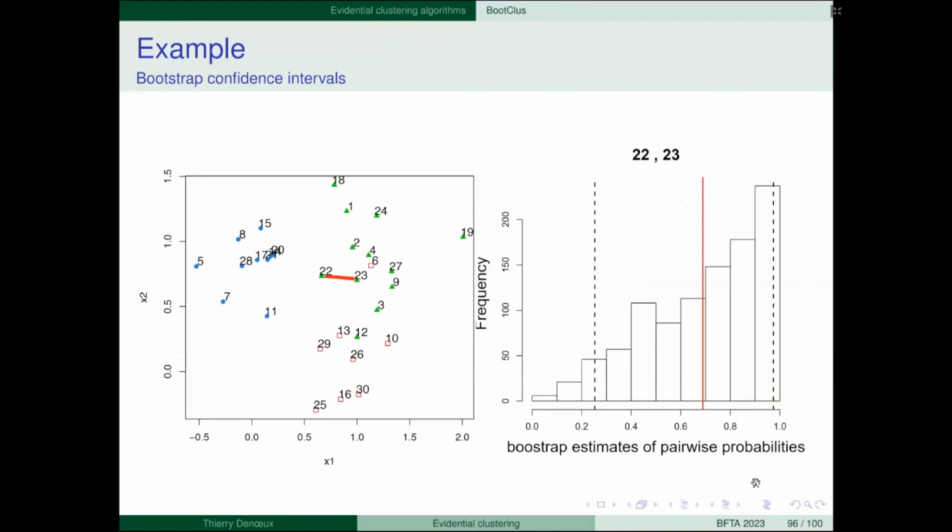So it means we're really not sure what the probability is that these two objects belong to the same class, and we get a very large confidence interval. So the sensitivity of the result to the variation of the data set tells us that here we have some high second-order uncertainty. The probability estimates are quite uncertain.